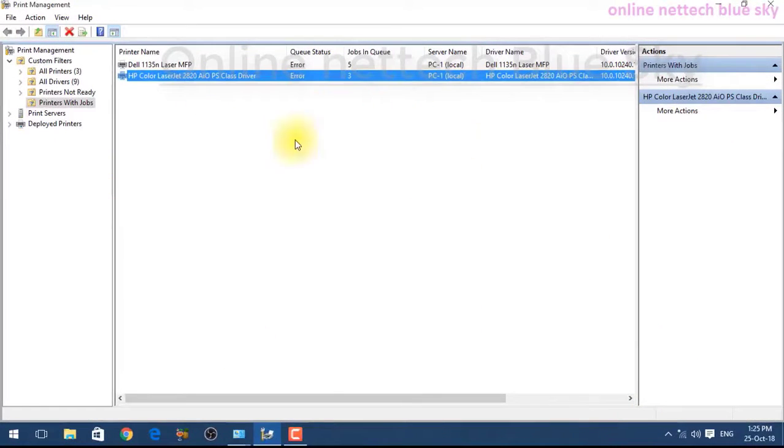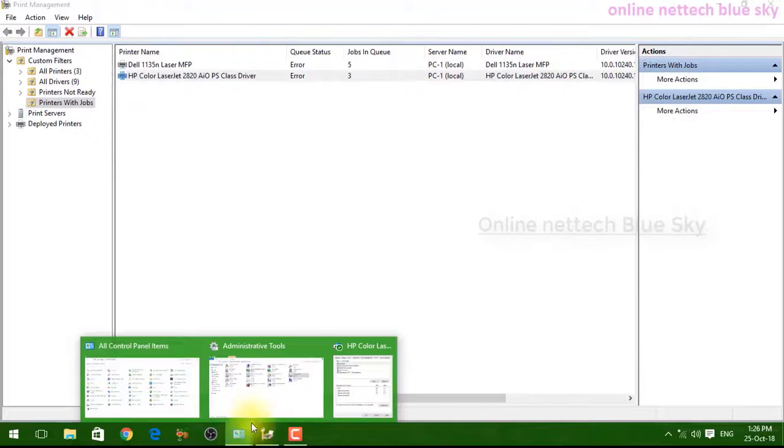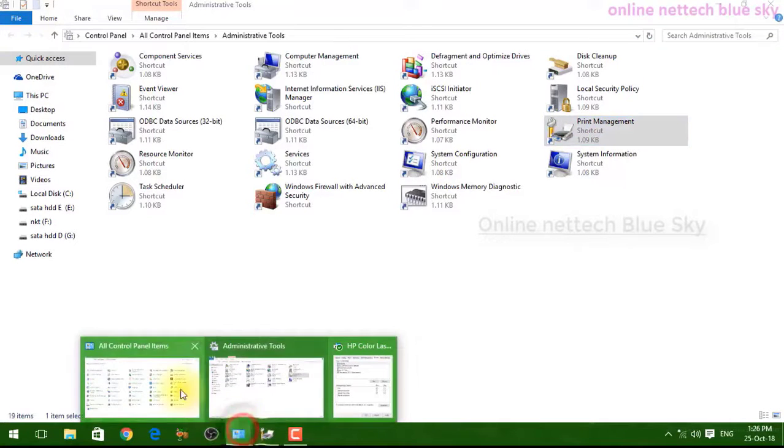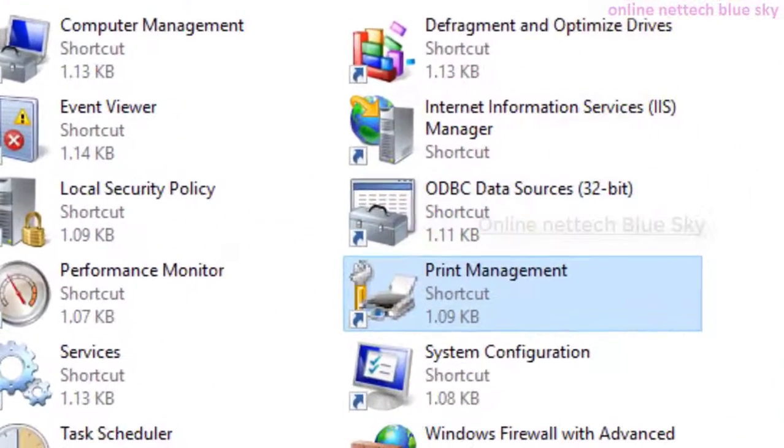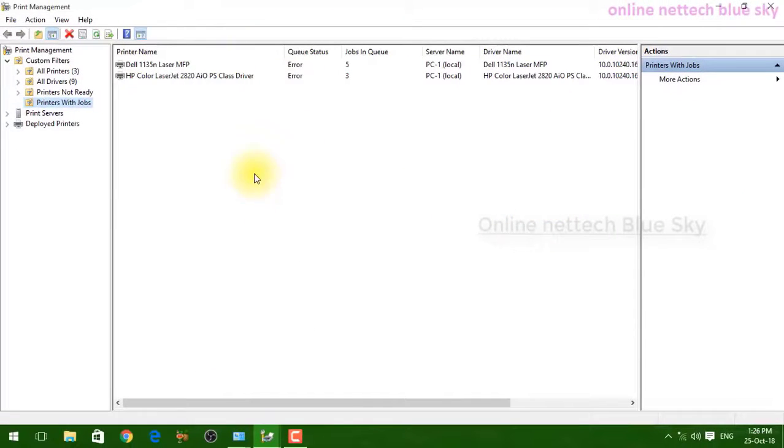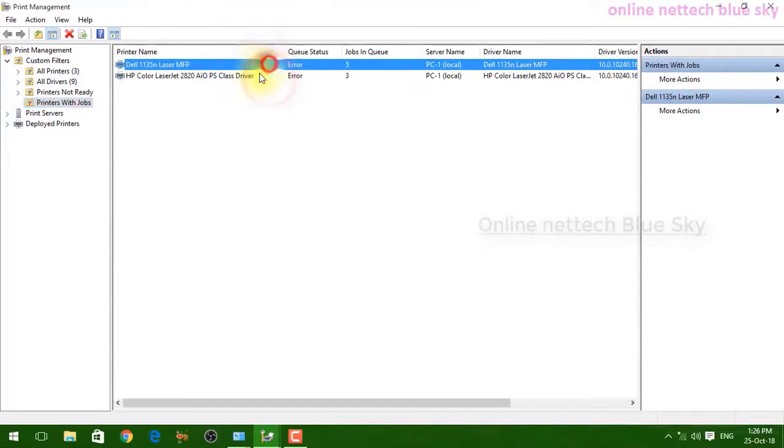So this is the printer window here, and you can see print management first under Administrative Tools, among the different print management systems. These tools allow some users permission, so maybe you print your documents.